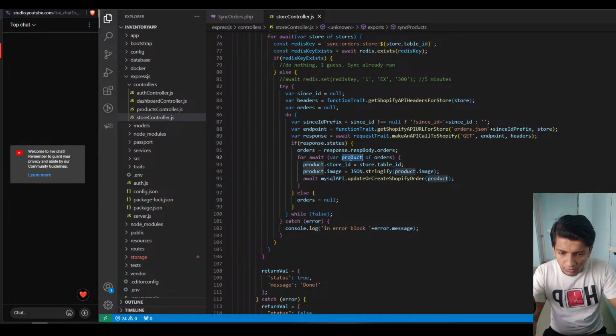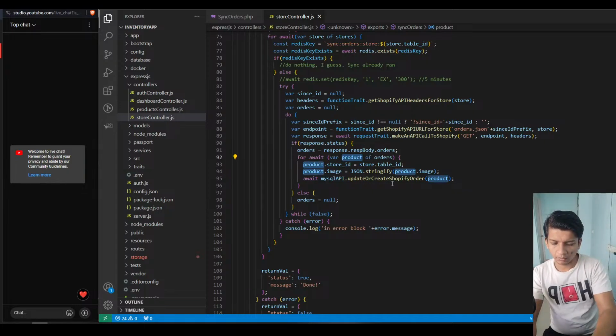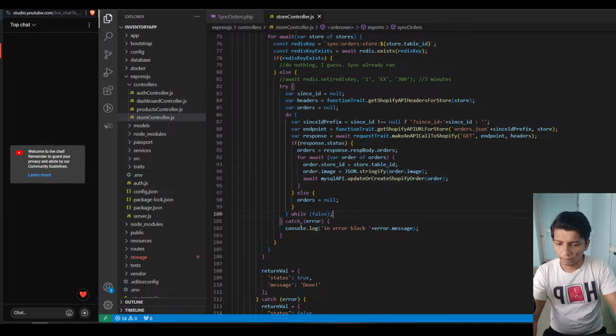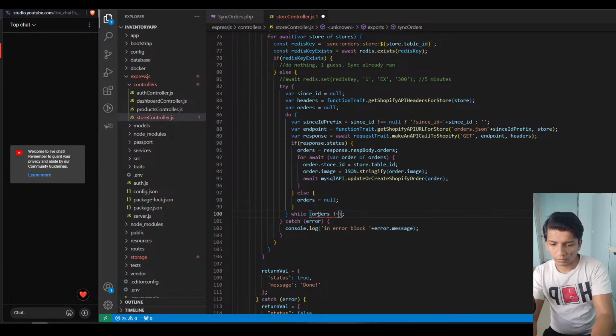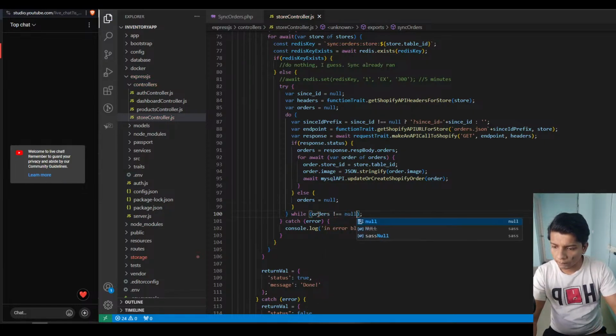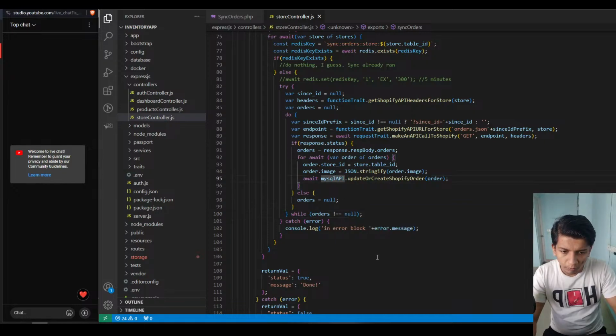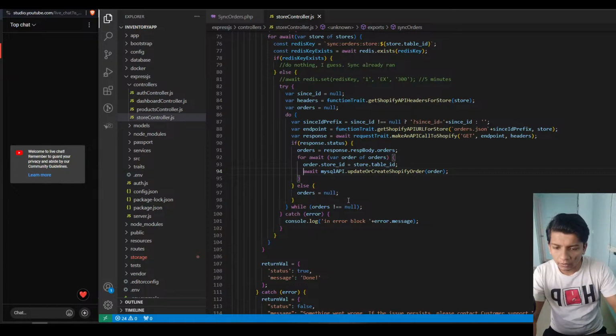While orders is not equal to null, this would be our thing, right? So orders.store id equals this, order image is not needed, so we can remove that. And order update or create Shopify order. Okay, so inside,